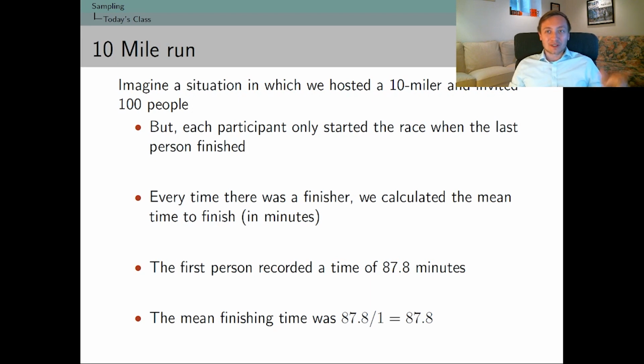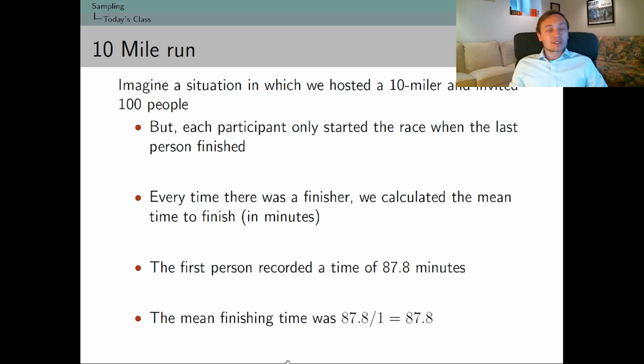So the first runner, the gun goes off and only one runner takes the course. And they finish the entire race, and then the gun goes off again, and runner number 2 then gets to run the entire course and finish. So again, you can see it's a great way to practice social distancing, but a pretty weird way to run a race, because of course if you had thousands of runners, it would take you forever to actually get this race finished. People would be running throughout the night. It's almost like passing a baton here. We've got a 10-miler, but every participant runs the race individually and in sequential order.